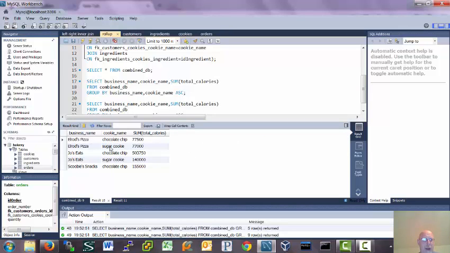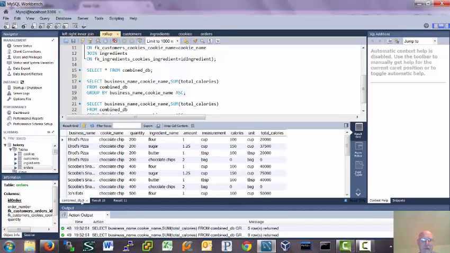So we have that Elrod's Pizza has ordered 77,500 calories worth of chocolate chip cookies so far, and 77,000 calories in sugar cookies. And if you go over here, this is still sorted by business name. So if you go down to Elrod's Pizza here, if we look at all the sugar cookies, let's see, we've got 10,000,